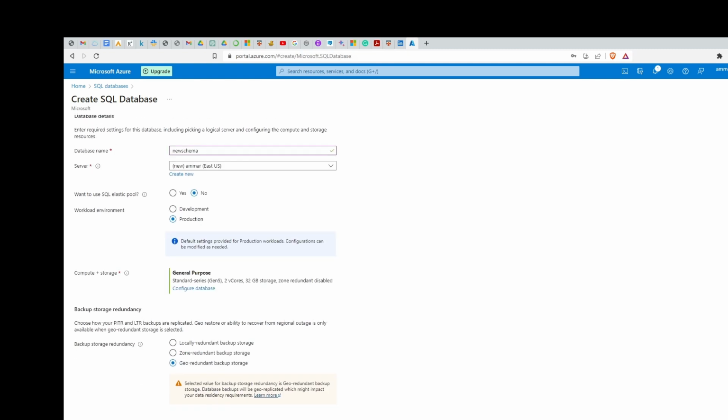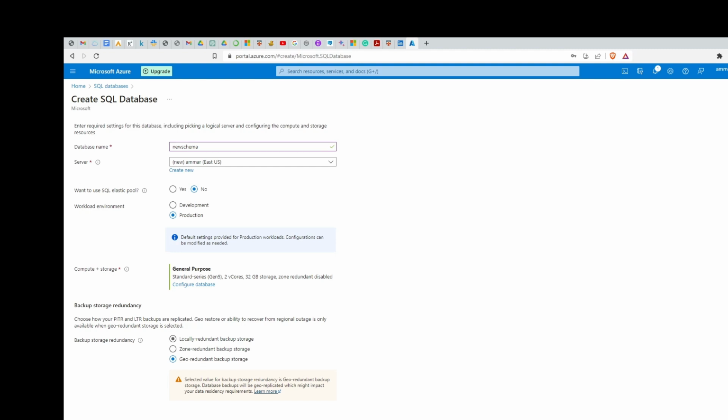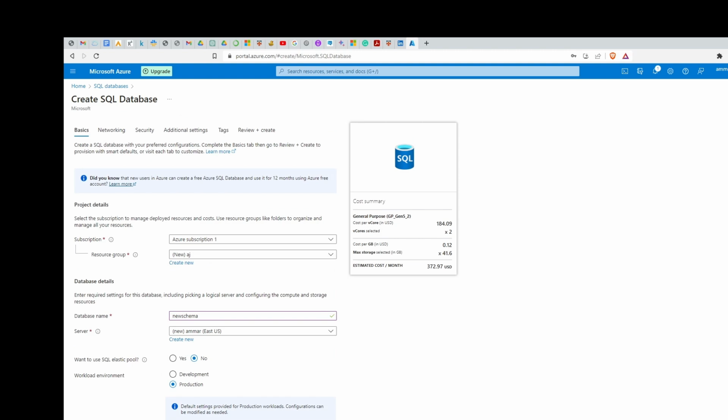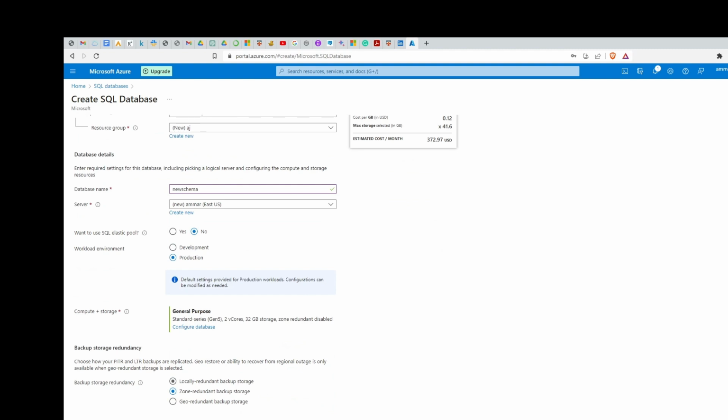Now review and create. Select value. So backup storage: Geo is a redundant backup, basically a backup based on your region. If you have data from outside the country, it might not be backed up. Zone redundant backup means within your zone you can back it up. Your estimated cost would be $327 a month. Okay, and if you're locally redundant,